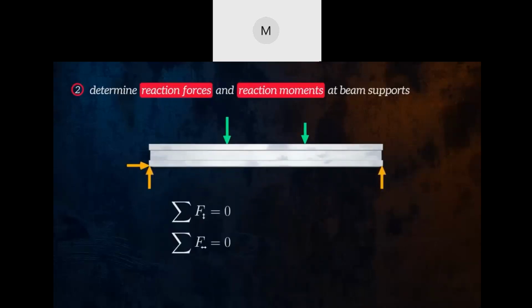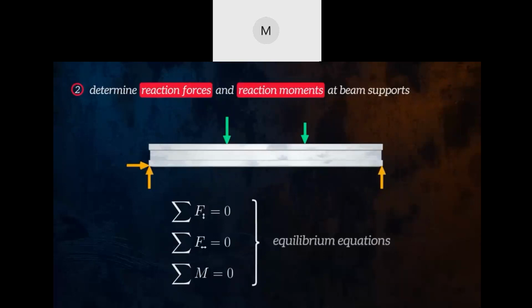Similarly, all of the moments acting at every point along the beam should cancel each other out. This gives us a set of simple equations we can solve to calculate the reaction forces and moments. If we can calculate all of the reaction loads using the three equilibrium equations, the beam is said to be